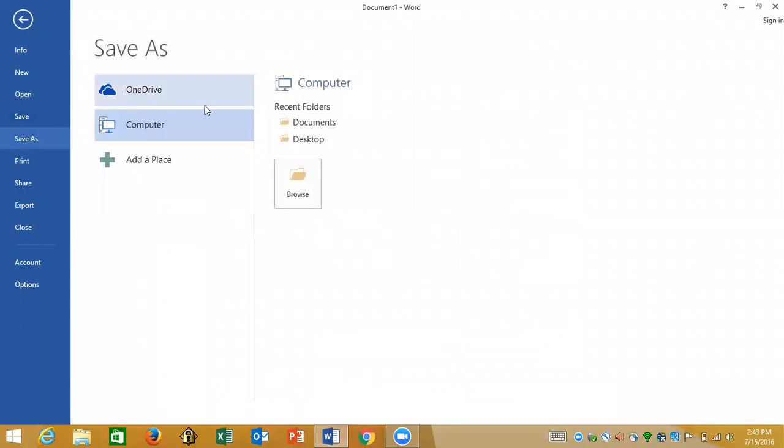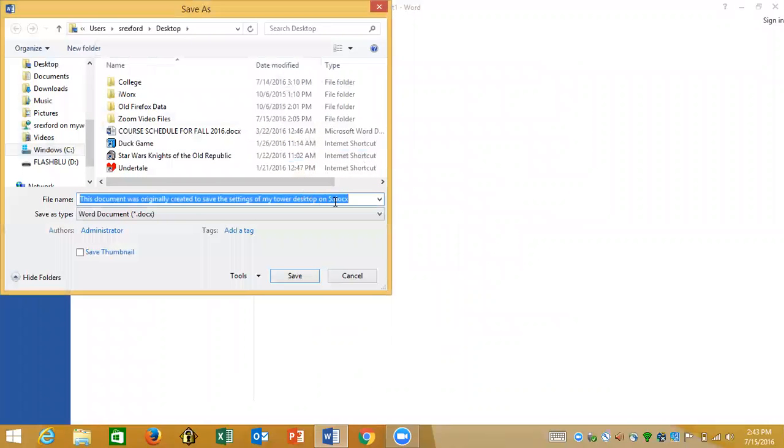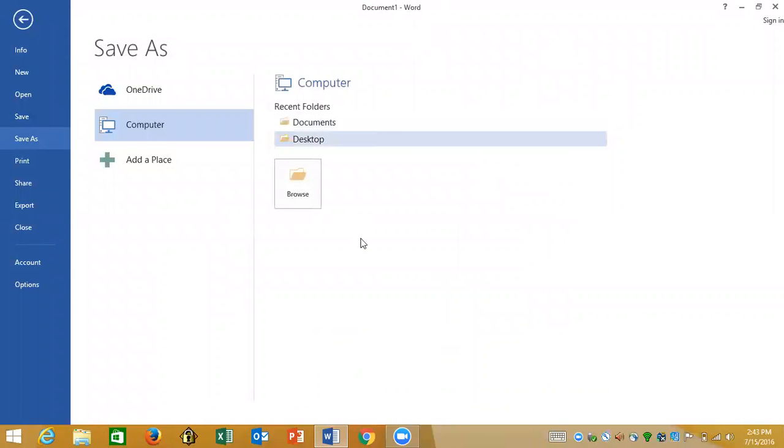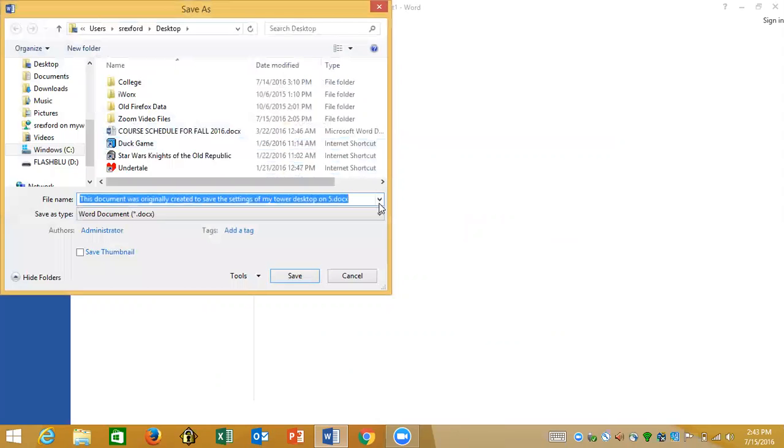So save it. I'm going to save it to my desktop as Word doc about computer settings for XX, XX, XXXX. And those X's represent the date that I would have done it. Oh, can't have slashes. So what we're going to do is save it as something different. We'll just leave it as what it was. So